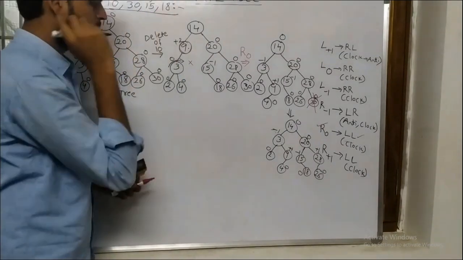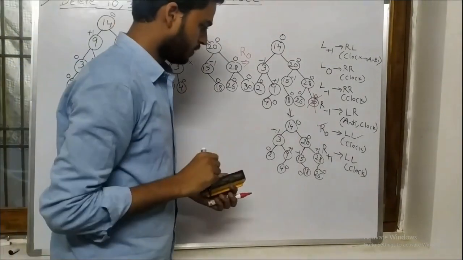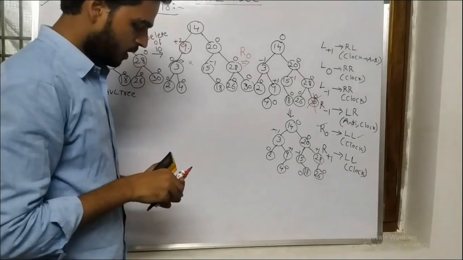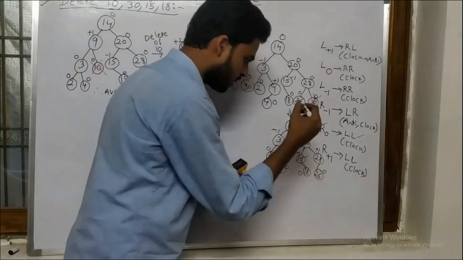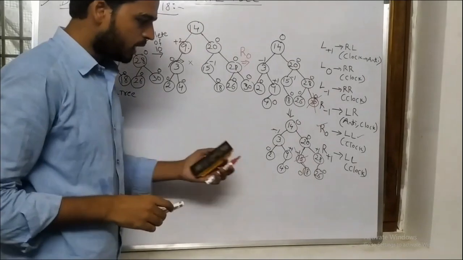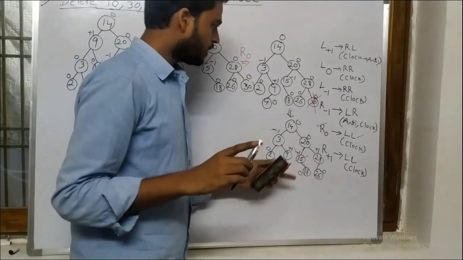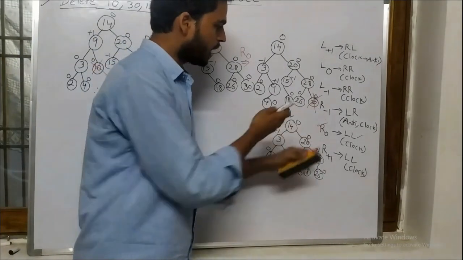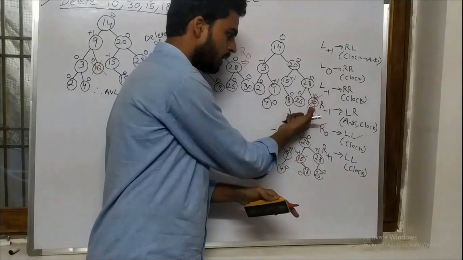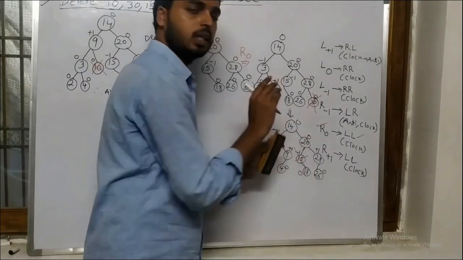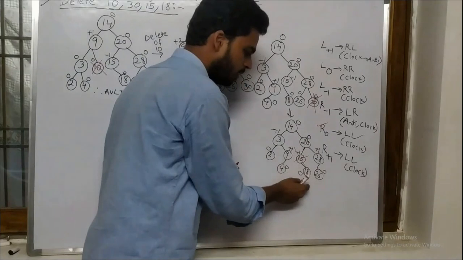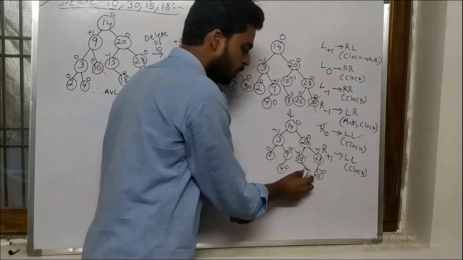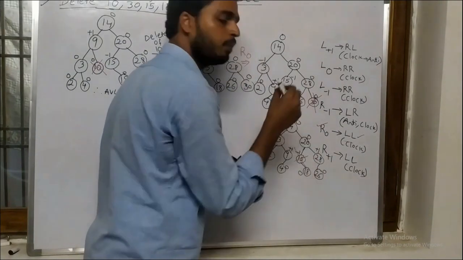Next I delete 15. Just see here. If I am going to delete 15, as I am going to delete the leaf node here, I have deleted a leaf node, there is no problem with children. If I am going to delete this node with one child, either a left subtree or a right subtree, you need to make this 18 append to the parent node.